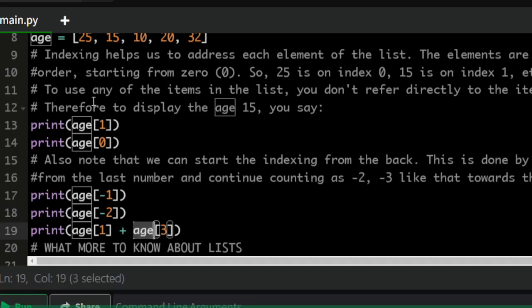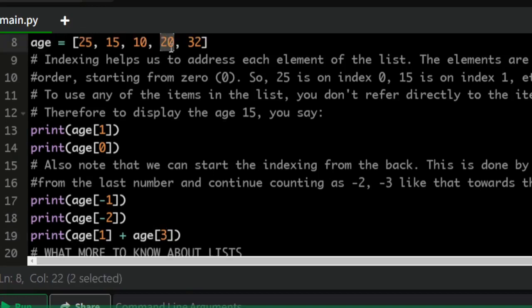Age is a list. We call it age. That is the variable we use to name this list. So I am pointing to the third index of the list called age, and the third index of the list called age is 20, because the 0th index is 25, the first index is 15, the second is 10, the third is 20. So which means if I want to say 20 plus 25, I could just say age 1 plus age 3, which means the